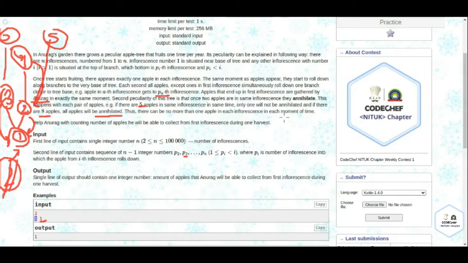So thus there can be no more than 1 apple at each inflorescence in each moment of time। मतलब एक बार में सिर्फ ज्यादा से ज्यादा एक ही एप्पल हो सकता है, या तो कोई भी ना हो या फिर एक होएगा। Now we have to find the total number of apples that he will collect in the first inflorescence during one harvest। मतलब वो एक साल में कितने एप्पल्स जो है इकट्ठे करेगा, यानी टोटल ऊपर से टोटल कितने एप्पल 1 के अंदर आएंगे, हमें वो फाइंड करना है। ओके,